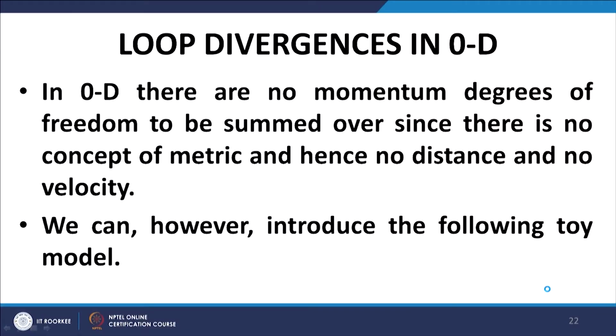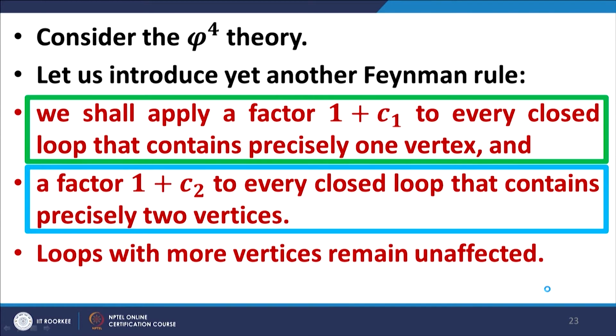Although in the case of zero dimensional field theory the concept of loop divergences is redundant, because there is no concept of momentum as such, no concept of a metric, no concept of distance, and no concept of velocity, and as a result loop divergences do not exist in zero dimensional field theory, by way of illustrating the phenomenon, we introduce certain new features into our phi-4